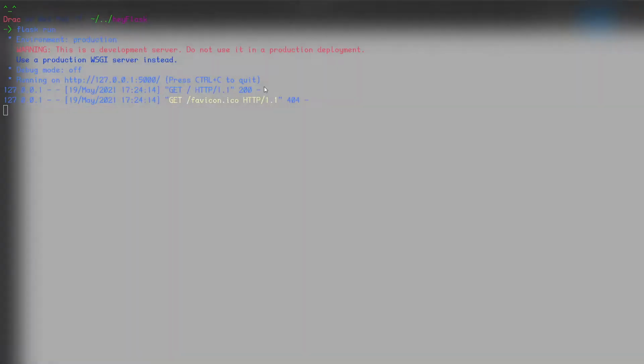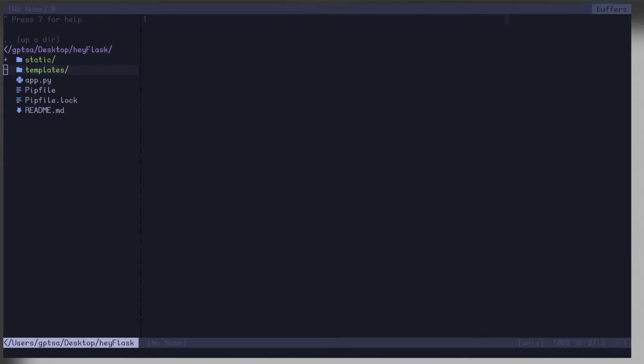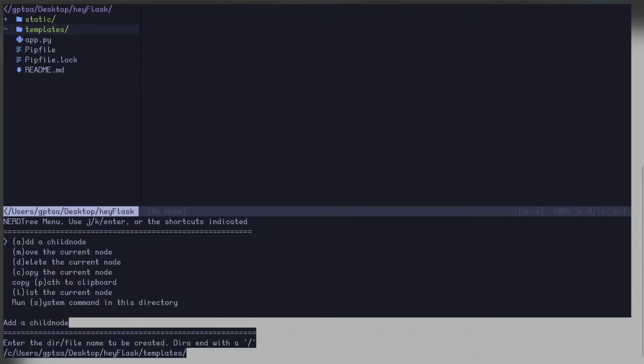Now, to render the HTML files in Flask, you have to put all your HTML files in a special folder named templates. So I'll create that. Templates, okay. And another folder, static, to keep all your CSS and JavaScript files in it. So inside the templates folder, I'll make a new file, name it index.html,